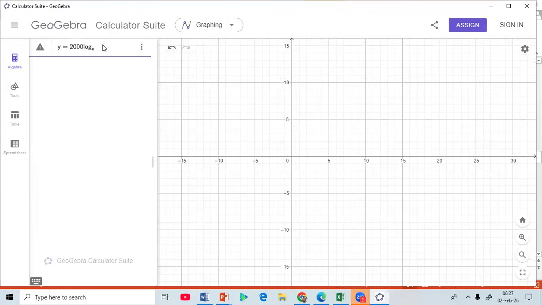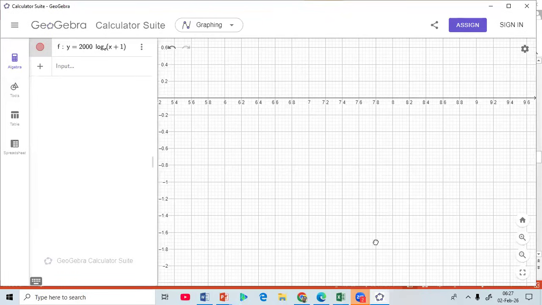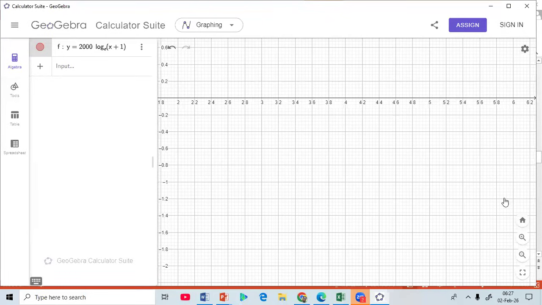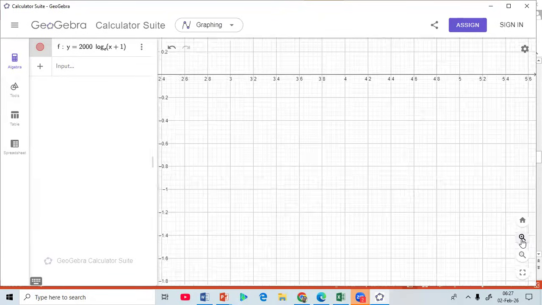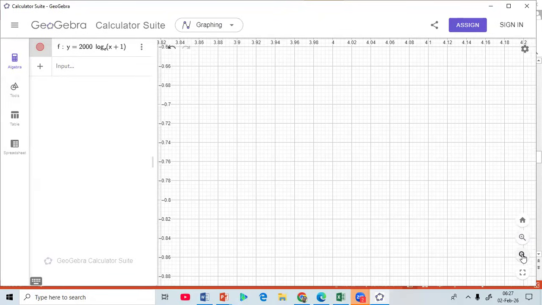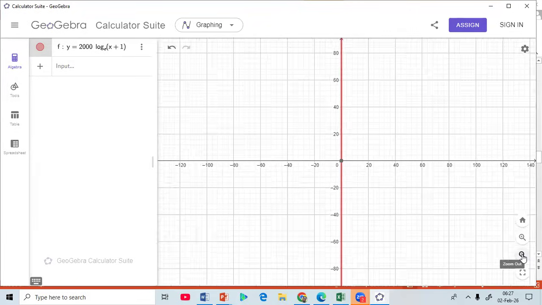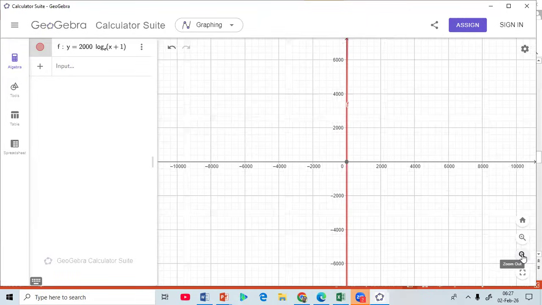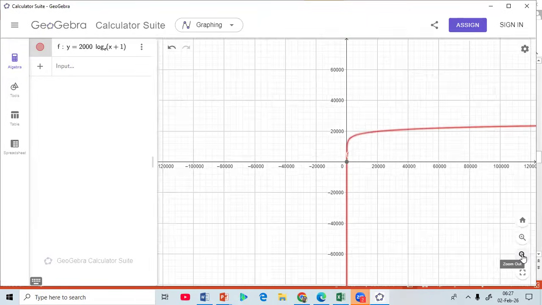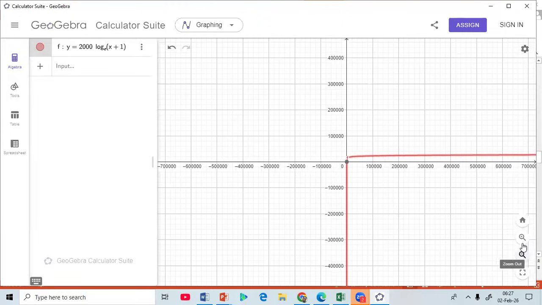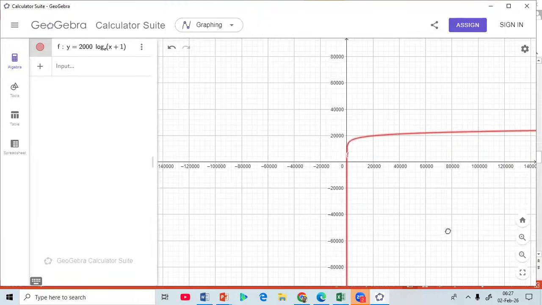So I'm going to increase the scale, and I'll see how it comes about, whether I will be able to get it. Let me see whether I can be able to get what I want. Okay. Hope you are seeing what I wanted. Let me increase it a bit. Now,